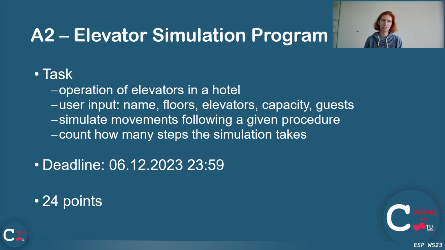For this, first you need to get some user inputs. You need to get the name of the hotel, the number of floors the hotel has, the number of elevators the hotel has, the capacity of each of the elevators, which is the same for all elevators, and some information about the guests waiting for the elevators. And then once you've got all these inputs, you will simulate the movements of the elevators and the guests following a given procedure. And in the end, you count how many steps the simulation takes for all guests to reach